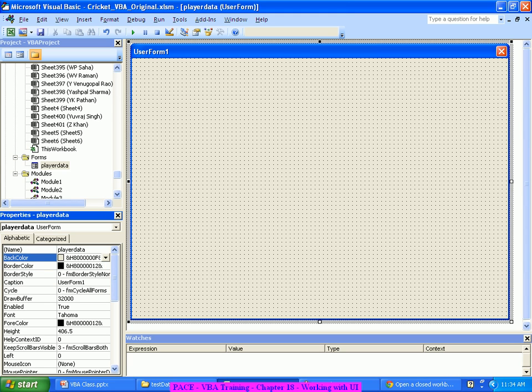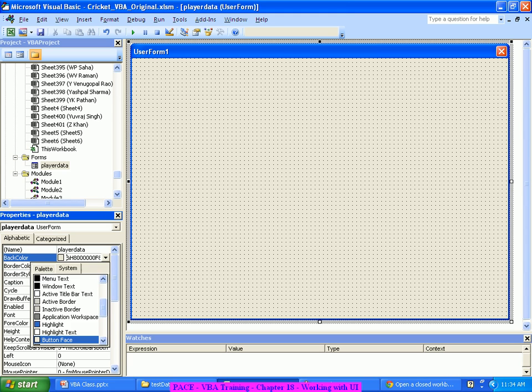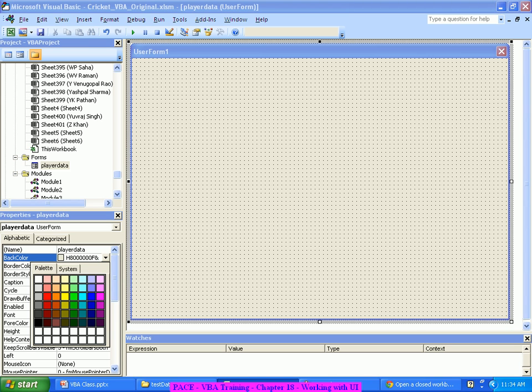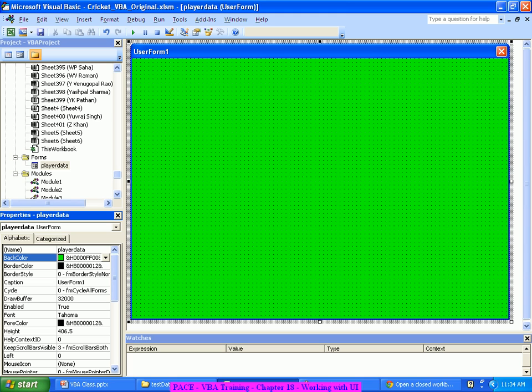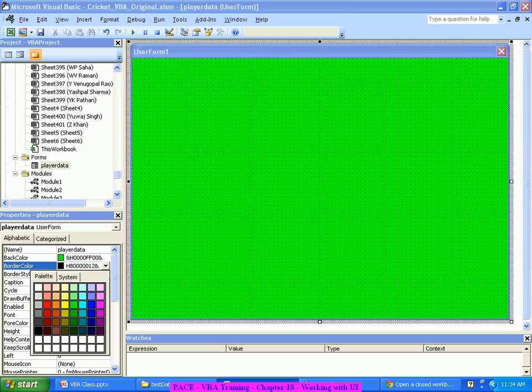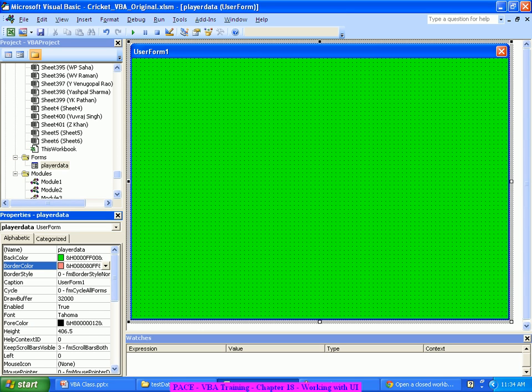And the background color, if you want, you change it to all your likings. You put a palette, you change the background color of your form. The border colors, you can just play around. The look and feel of your form, you can simply play around. The caption of the form is what is actually visible here.